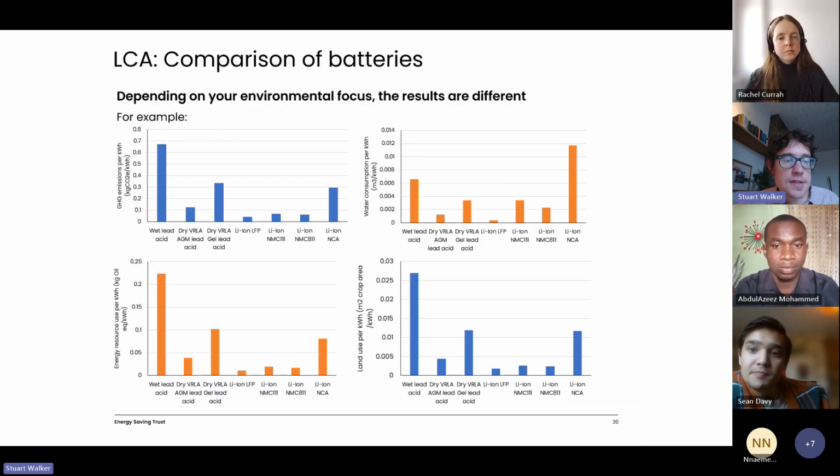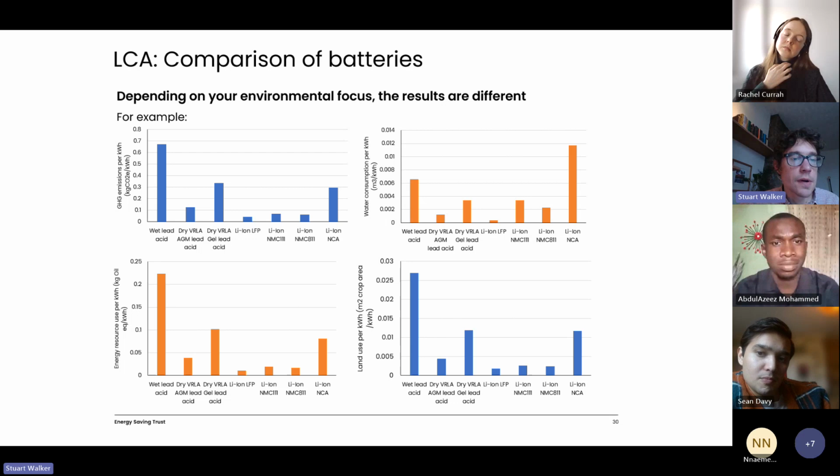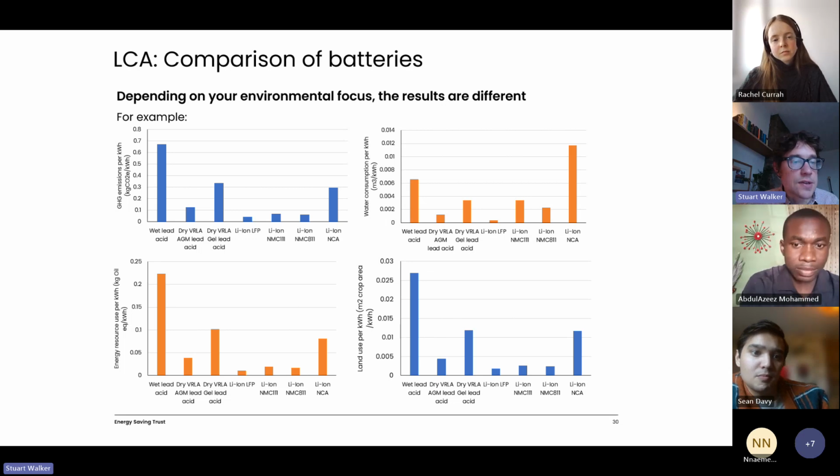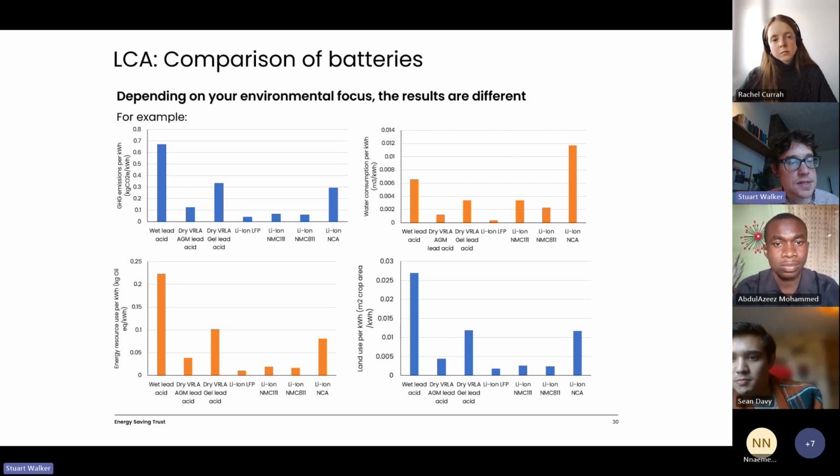Yeah, so batteries is an area that we've done quite a lot of work on in the LCA. I'm going to show a few results here from the different types of batteries that we've considered. These are the same types as we looked at before. I just wanted to show here that depending on what your main concern is, the results might look slightly different. Here we're looking at the greenhouse gas emissions, so this is again the carbon footprint. We can see that in that case, the lead acid battery has the highest impact, and various other types have lower impacts.